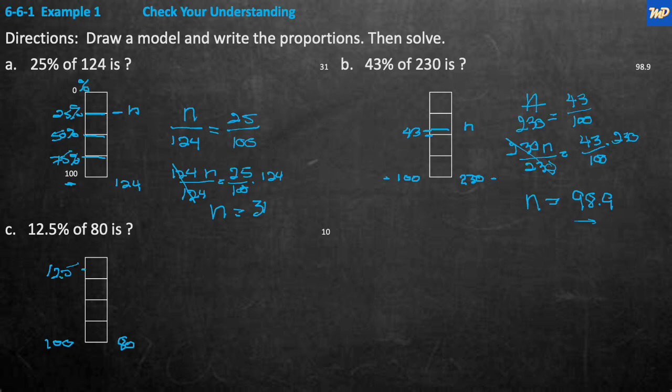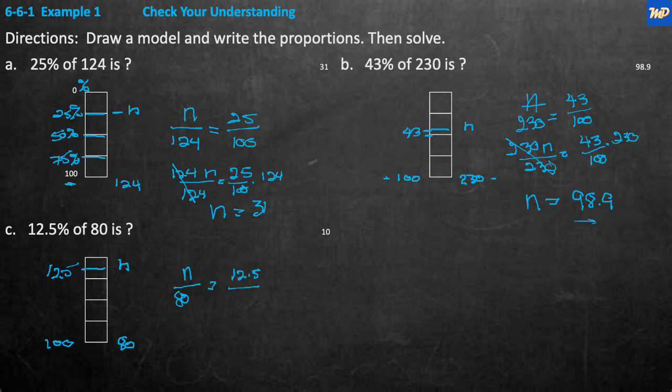12.5. That goes right across the middle of this block here. And that's where n lives. We want to know what that piece is relative to 80. So what is 12.5% of 80? So let's write it out. We're going to do n over 80, because it's n parts out of the whole 80, is equal to